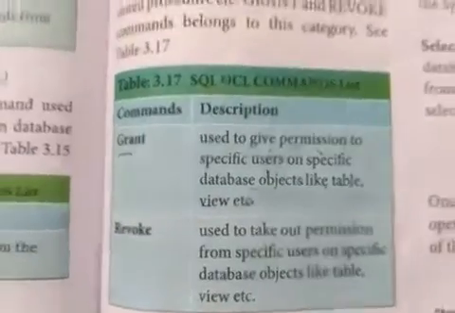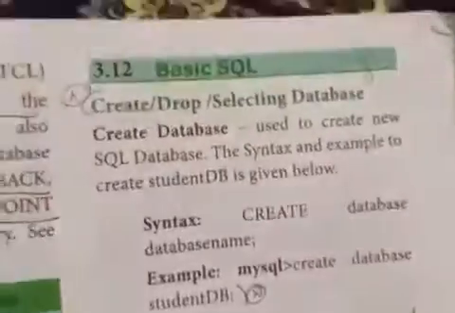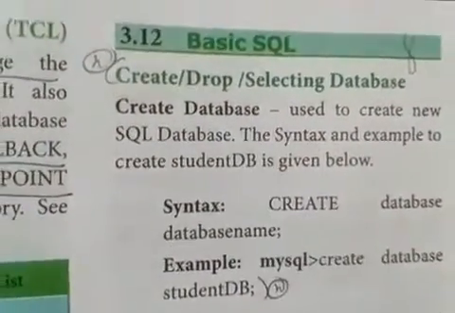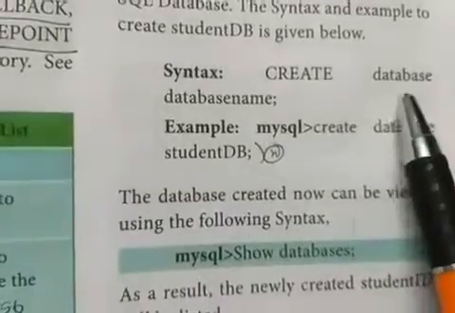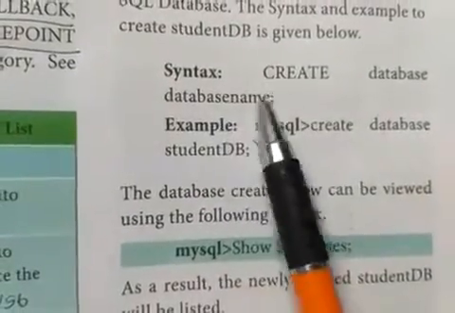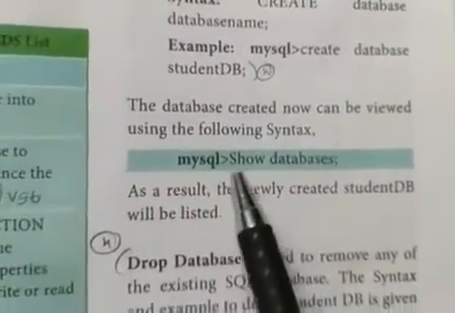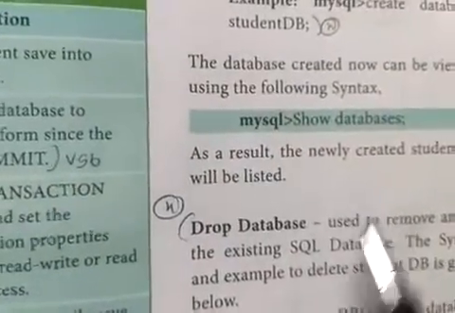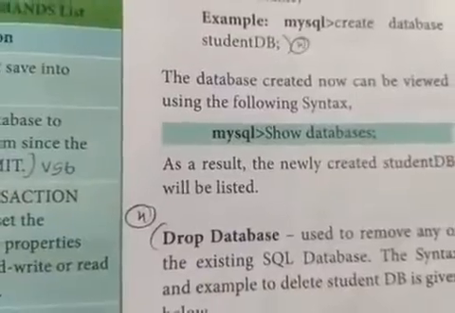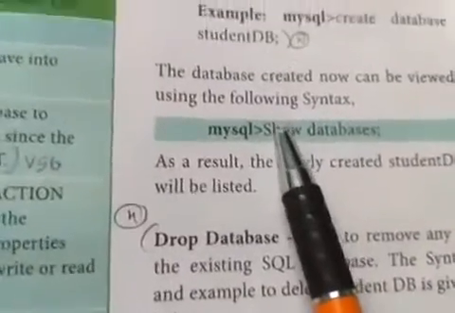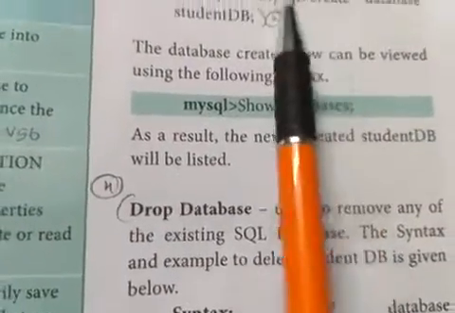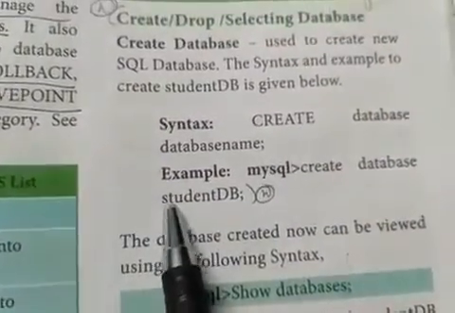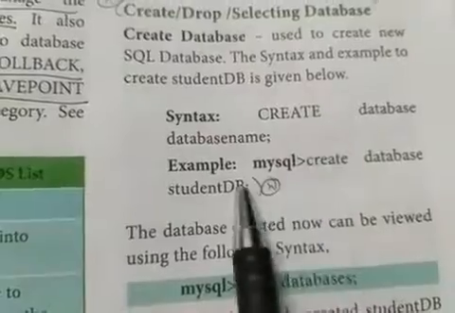Next topic we are going to see is basic SQL commands. Yesterday itself we had seen how to create a database with the help of the create database command. Create database, then the database name we have to specify. And another command we are going to see is show databases. This command is used to list all the databases we have created under MySQL. So in your example they had create database student DB. So what is the database name? Student DB. First you have to create the database.